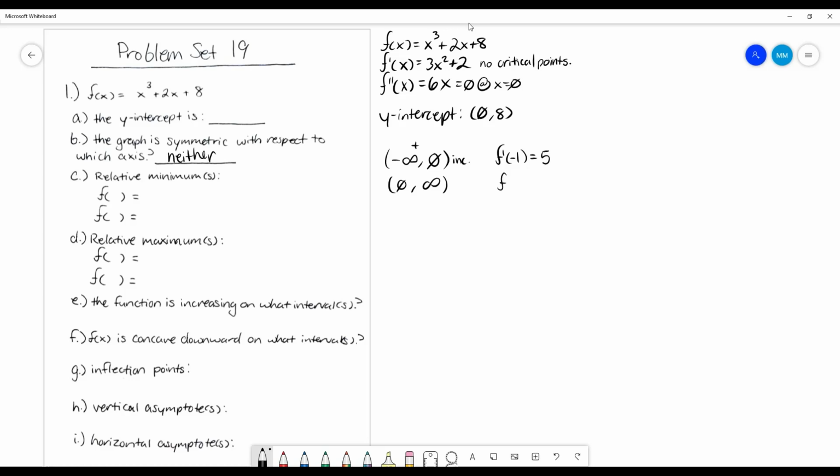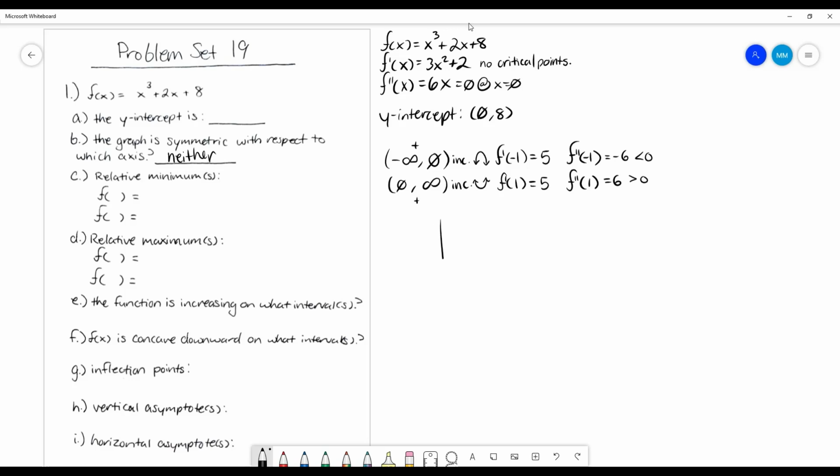And then if I plug in a positive 1, it's going to get me the same thing. So it's positive and increasing the entire time. Let's plug in those values for our second derivative as well, just to figure out the concavity on these intervals. So if I plug in a negative 1, that's going to be a negative 6, which is less than 0, meaning that it is concave down. And then if I plug in this, we're going to get a positive 6, so it is concave up,